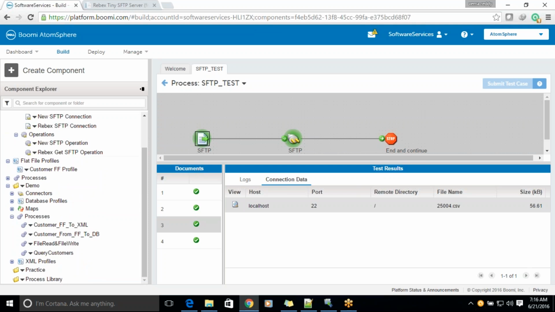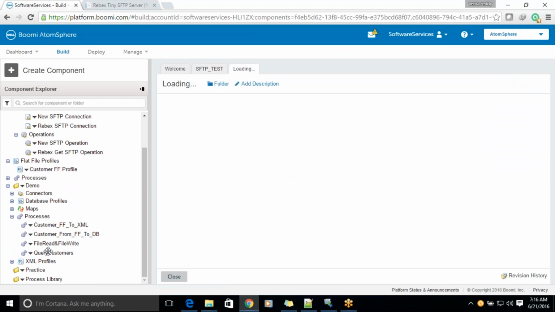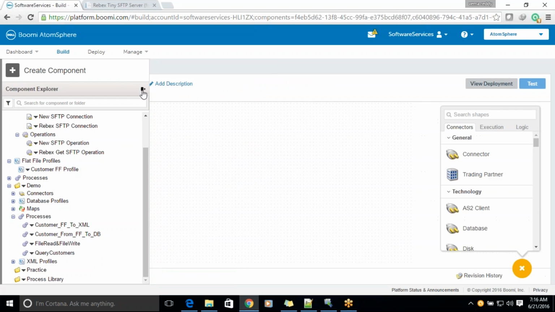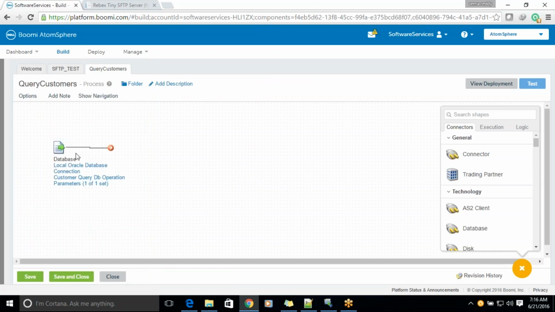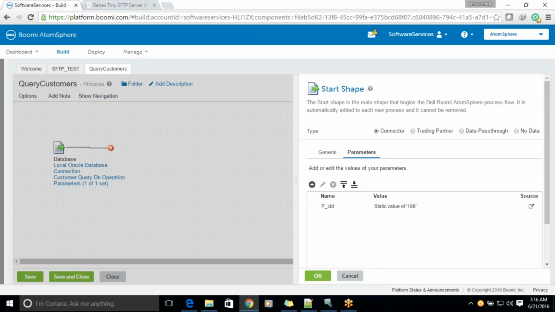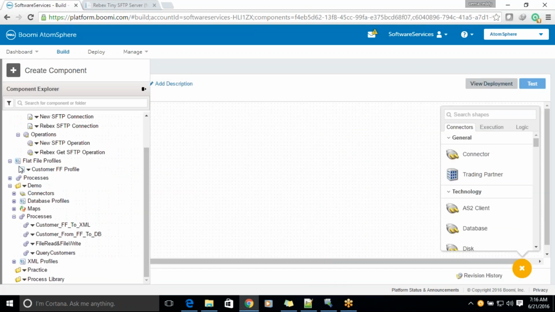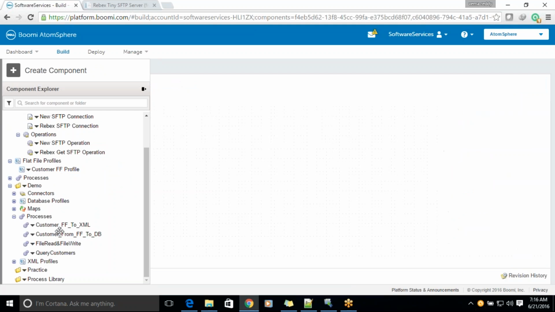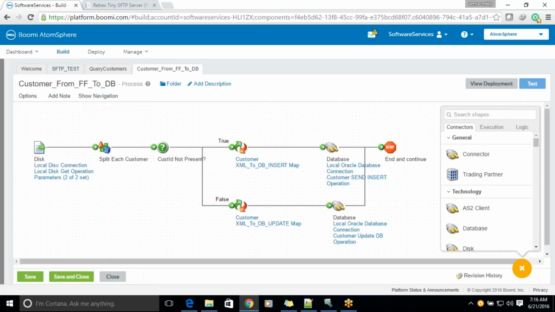I think we already have this one. We can use this query customers. If you don't want to give any particular parameter here, because I am using this operation in one of the process. Inside this process, I don't want to change this